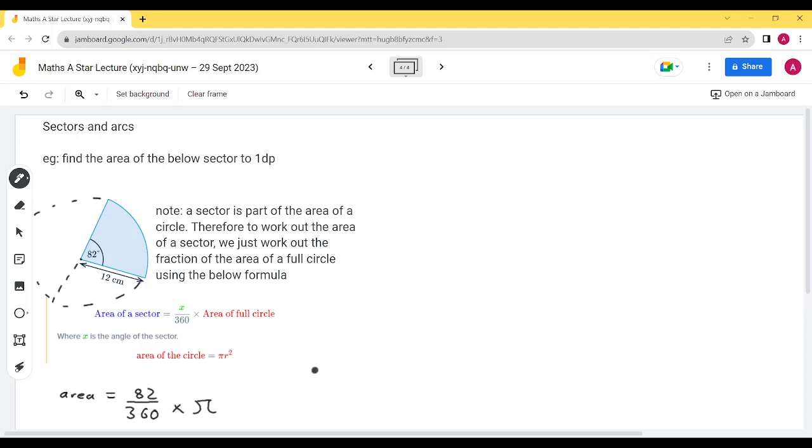As if it's a full circle, which means our radius is 12, so it'll be 12 squared. Now you could do this all in the calculator at once, or you could do it in stages. First working out the area, so the area being 144 pi, and then you can use the fraction button to do times 82 over 360, or you could do divided by 360 times 82, whatever you feel more comfortable with. And so it equals